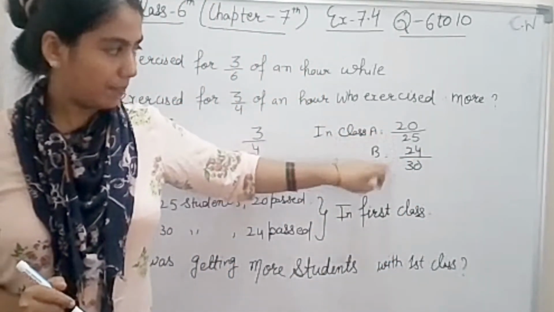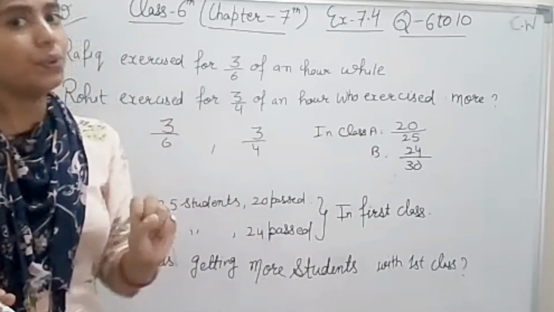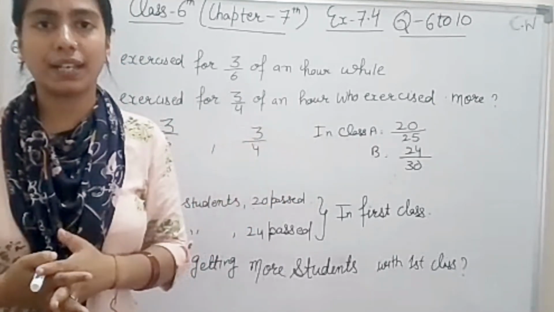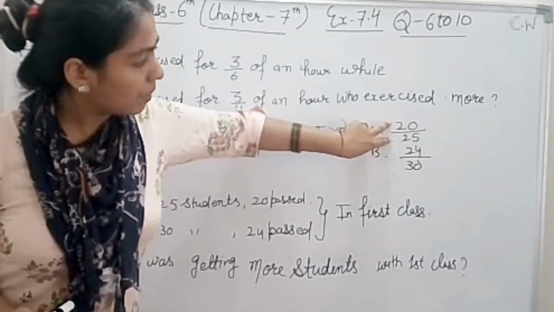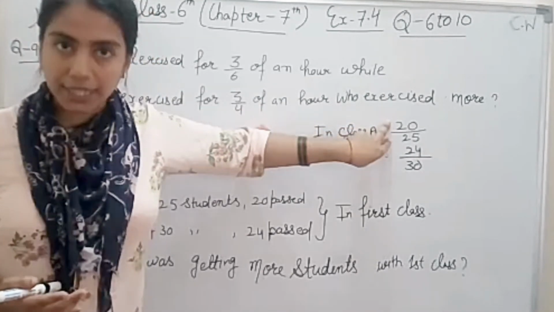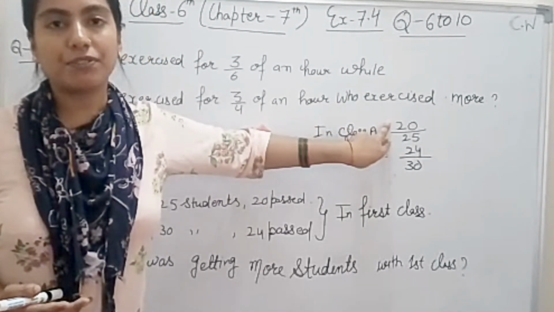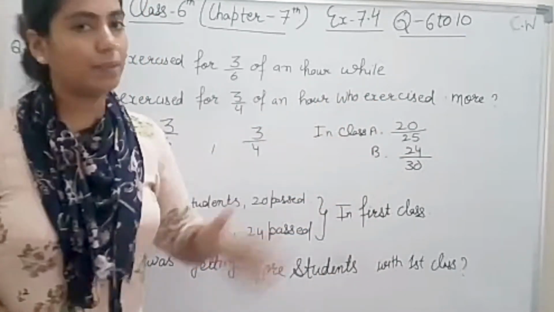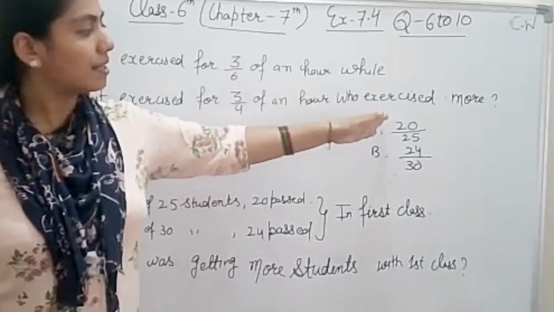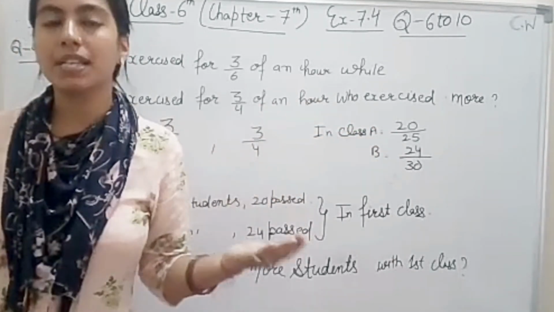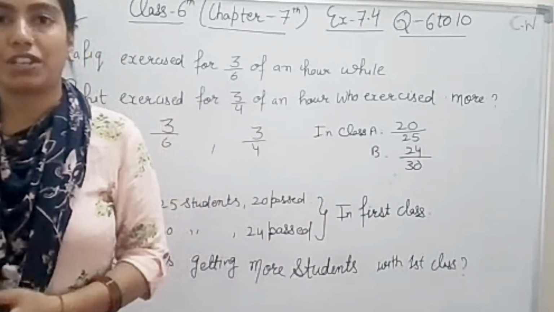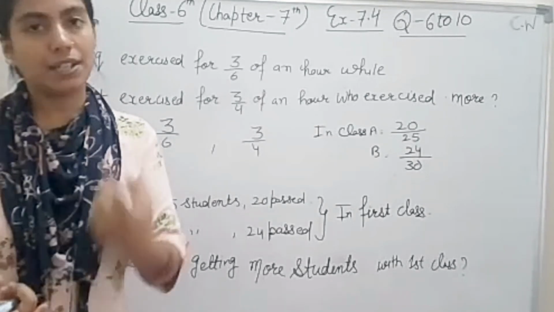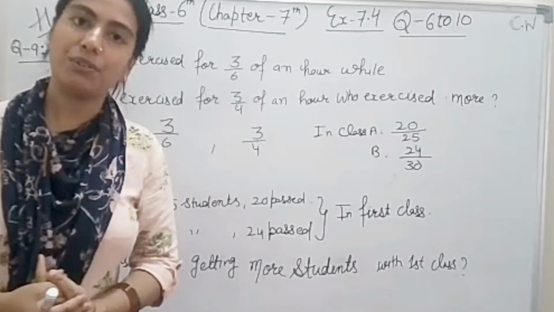The denominator is not the same, the numerator is not the same. But student, you can do one thing here. You can convert into simplest form. Otherwise your question will become very lengthy. Whenever questions come in such a manner, if they are reduced into simplest form, then you can compare. So after converting to simplest form, if the fractions are the same, then what will you write? Suppose this answer came 1/3 and this also 1/3, it means in both classes the same fraction, the same number of students passed in first class. And if it is not the same, then one method is to take the LCM, then solve.